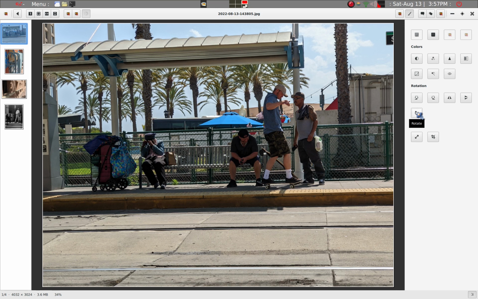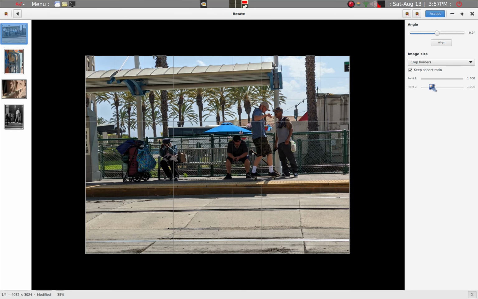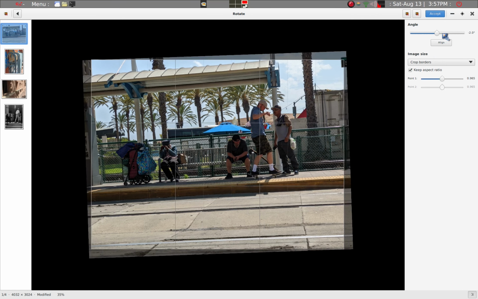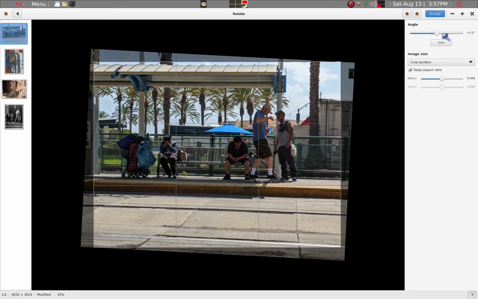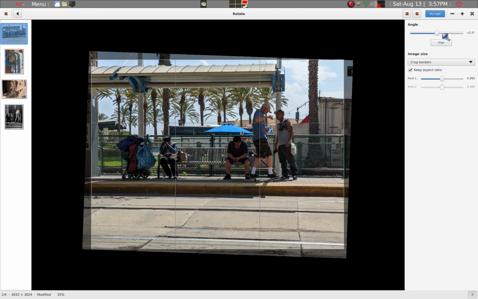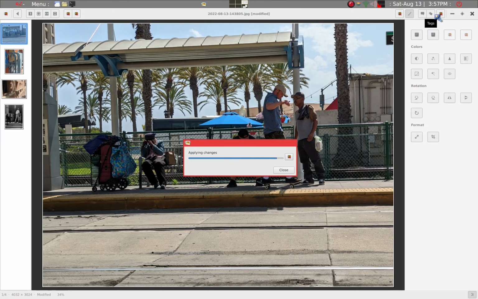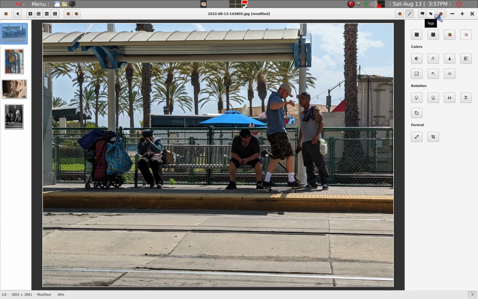So we'll use the rotate tool here, and then we'll use the middle button scroll on the mouse, so you can just roughly adjust it. So this will accept this change, so it'll make it a little straighter. Good. And then what we want to do is crop it,